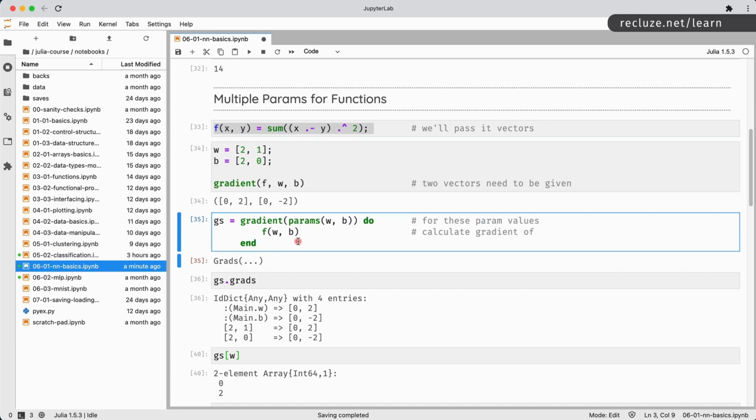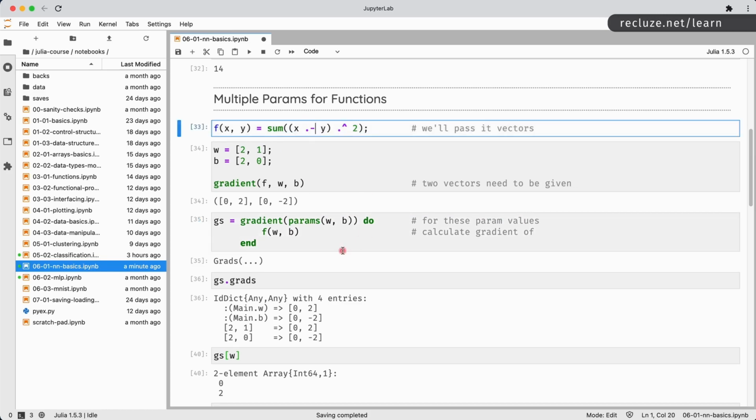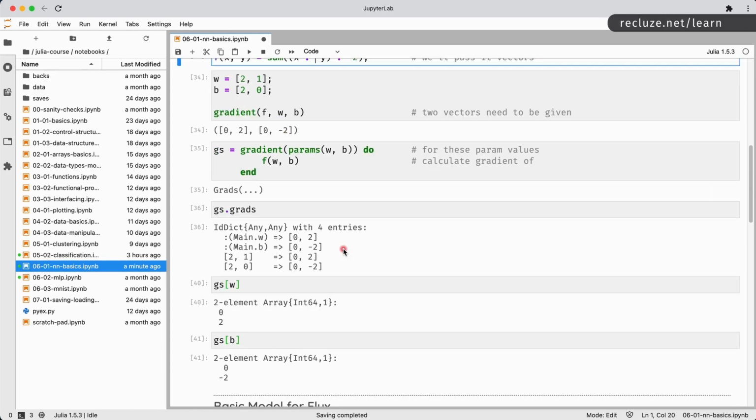When we go ahead with Flux, we are going to get rid of even this stuff over here, and the final syntax is going to be very easy. But we are building this from scratch so that if you have to create your own models later on, you know how to do that. The final syntax of Flux is very clean, very easy to work with. This is just the building blocks, and that's why it looks slightly messy in the beginning.